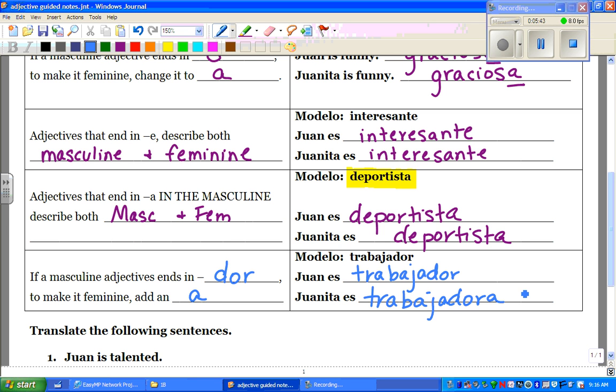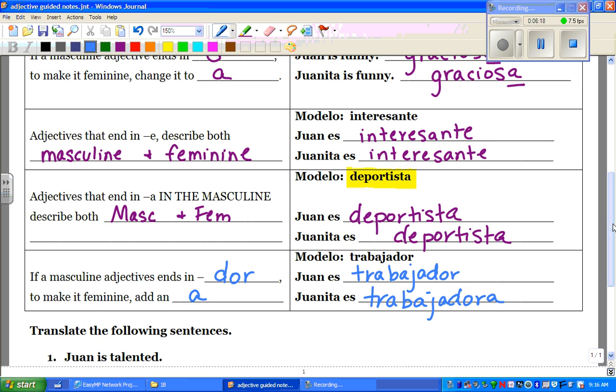So the easy way to remember that is Dora, Dora, Dora, the explorer. Okay? That's the song. It wasn't Dora, Dora, Dora, the explorador. That's not how it went. Okay? Exploradora, if it ends in a D-O-R. If any others end in a consonant, you don't add anything. So the D-O-R is a special one. And if you think of little Dora, then you should be able to get that. Okay? Preguntas. Anybody have any questions about this?